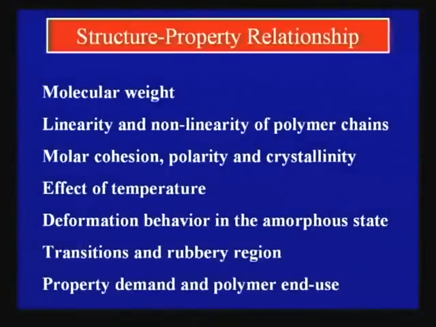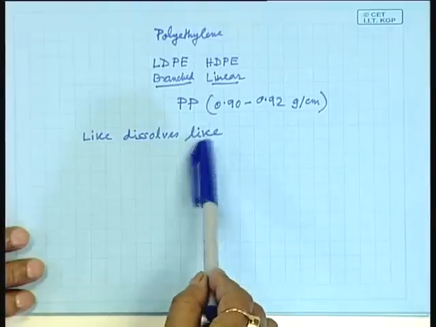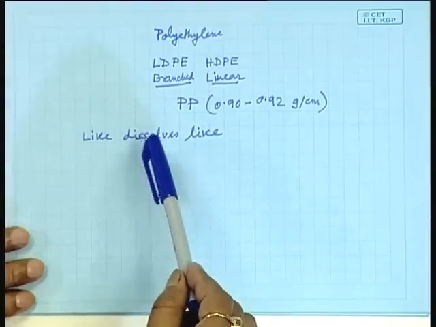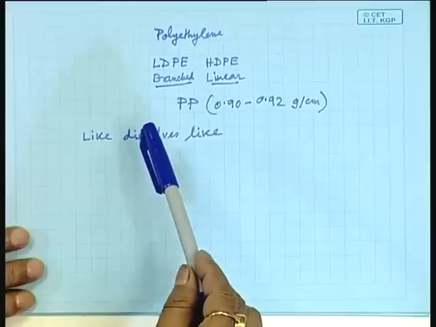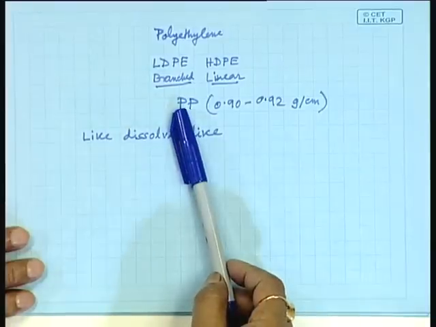So, I have explained with the help of simple examples how this molar cohesion, this crystallinity, this polarity come into play in the attack of solvents on those polymers or their mechanical properties, etc. This crystallinity also adds to the mechanical properties. Amorphous character is another kind of mechanical property, because elastomers are amorphous, rubbers are amorphous, whereas polyethylene and other solid plastics are crystalline. Then the effect of temperature, how it behaves if the temperature is increased, if the temperature is